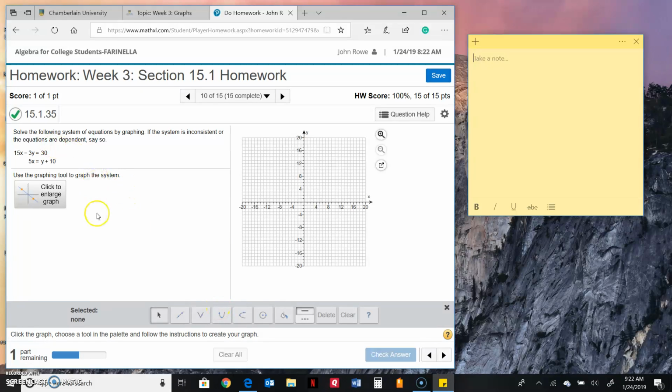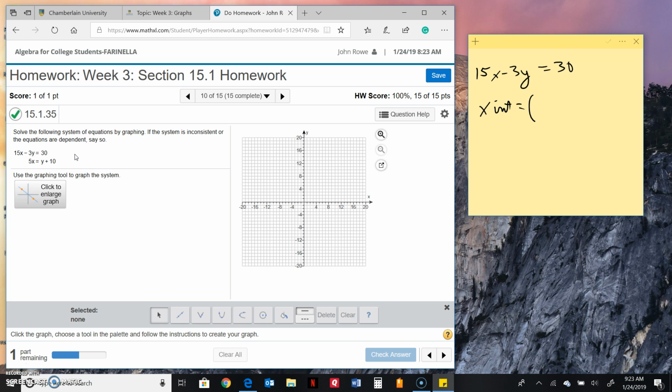Let's solve another linear equation using graphing. So we have 15x minus 3y equals 30. So let's take this equation and find our x-intercept and our y-intercept. 15x minus 3y equals 30. The x-intercept is going to be equal to,